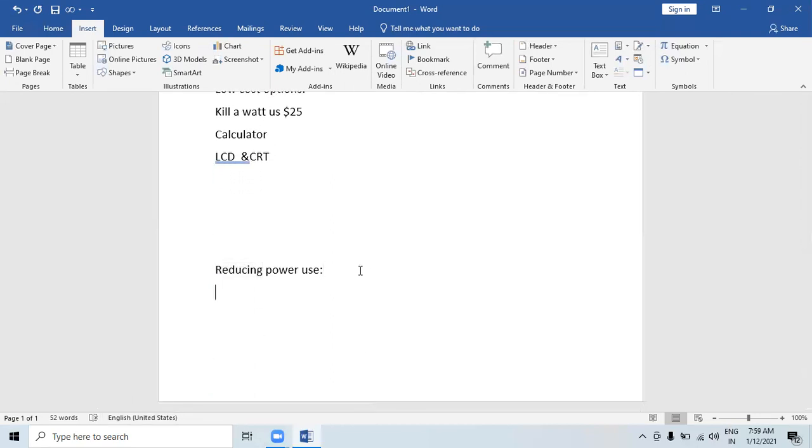So here, how data deduplication helps in cutting power. Once you have an idea of how much power you are using, it is time to take steps. There are several ways you can cut your electrical bill. In this section, we will take a closer look at some ideas that can help cut power use.